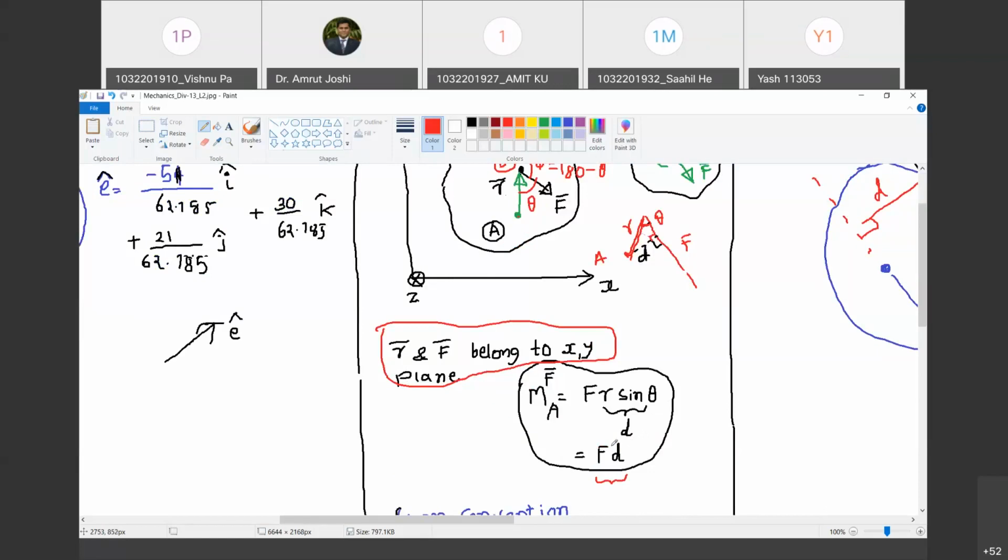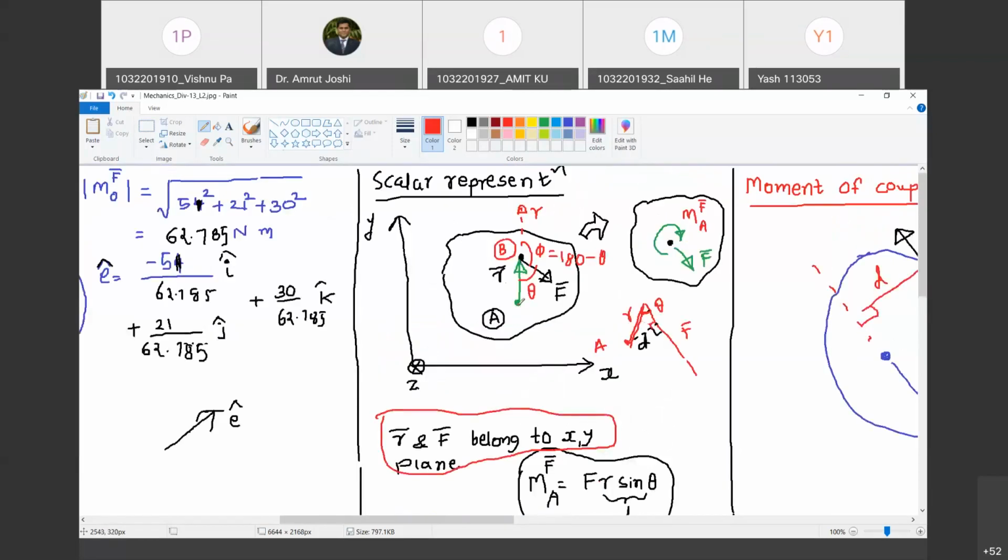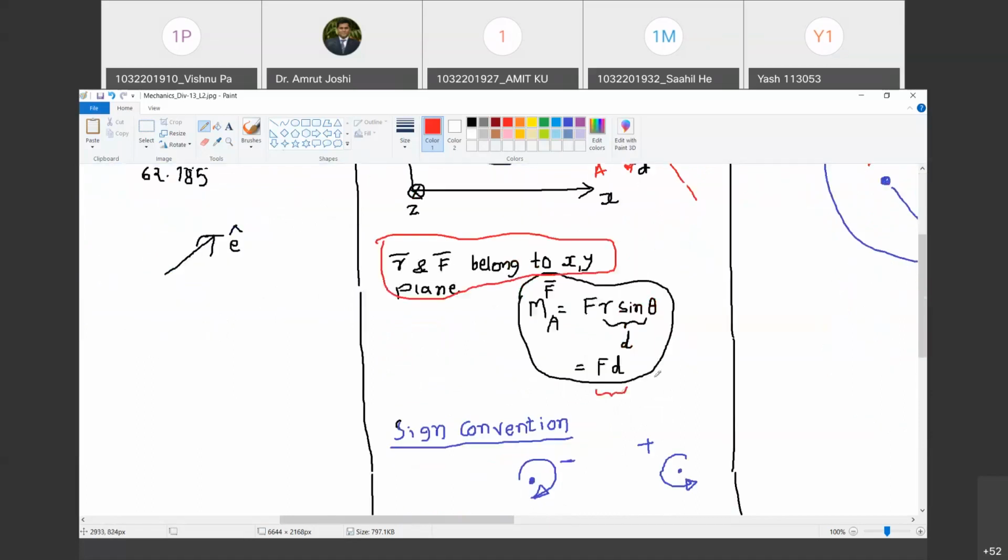Yes, absolutely bang on correct. So if you have to find out the moment of a force about point A, the z axis passing through point A, I am going to drop a perpendicular from the point where I want to find the moment on the line of action of the force, and that perpendicular distance I am going to call d. Therefore F into d, I have conclusively proved, is nothing but the moment of force about A. Are you with me? So the vectorial definition and scalar definition go hand in hand. There is no discrepancy. That's what I wanted to prove.